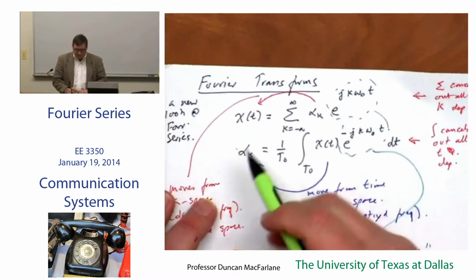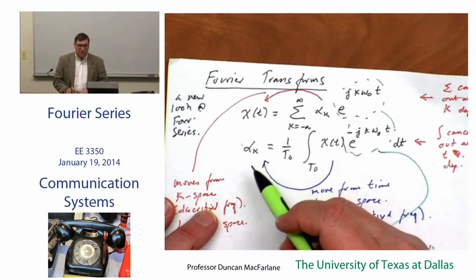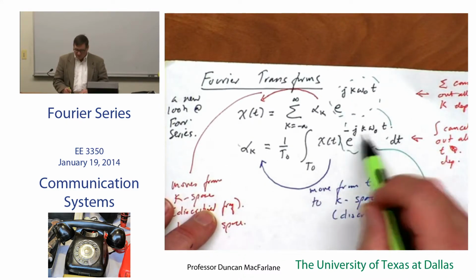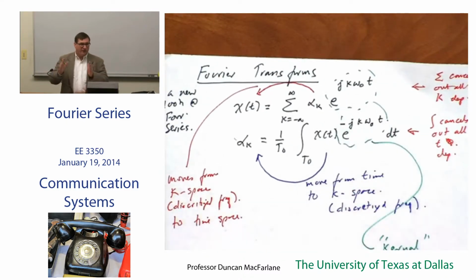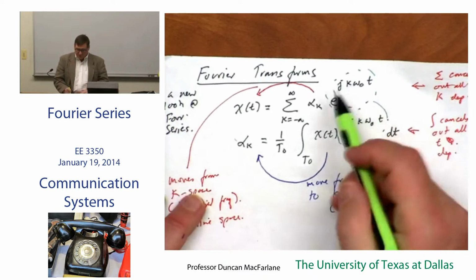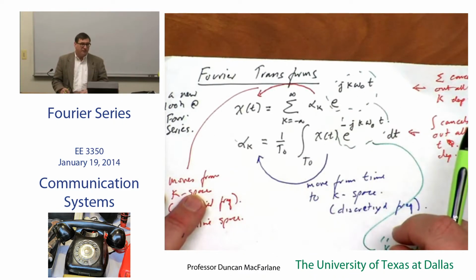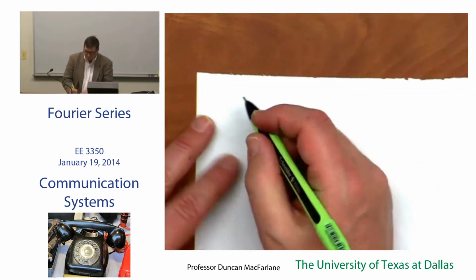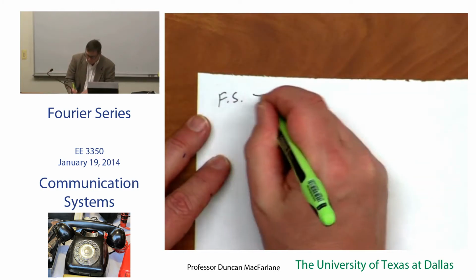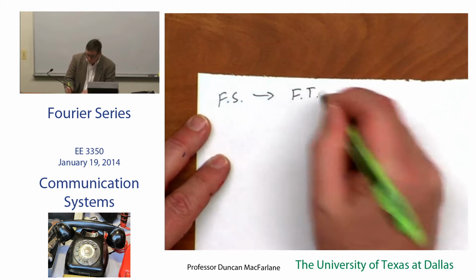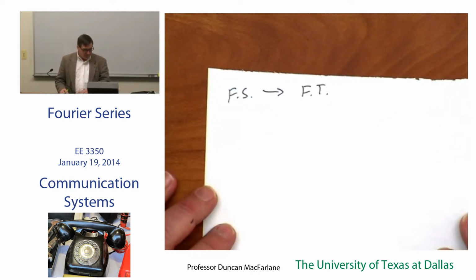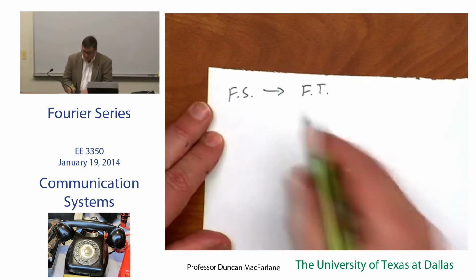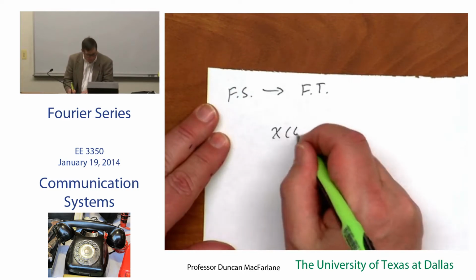If I don't like this discretization, I can let the k, the distance between the k's, get very, very, very, very small, in which case this summation becomes an integral. It's sort of that Riemann sum approach again. The Fourier series then goes to a Fourier transform, and the Fourier transform pair